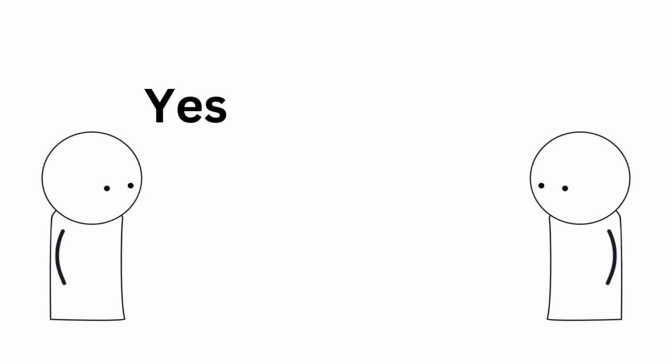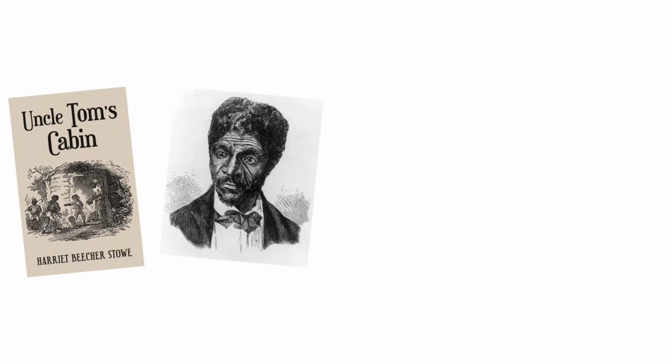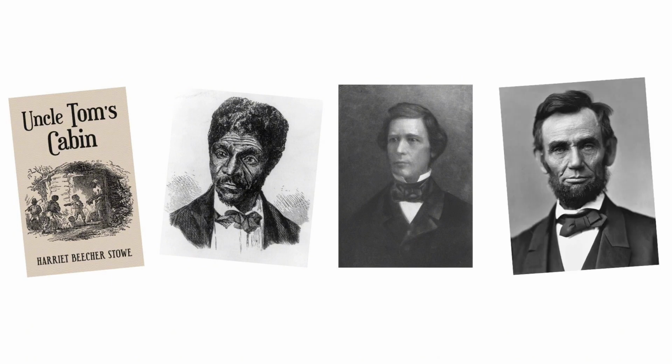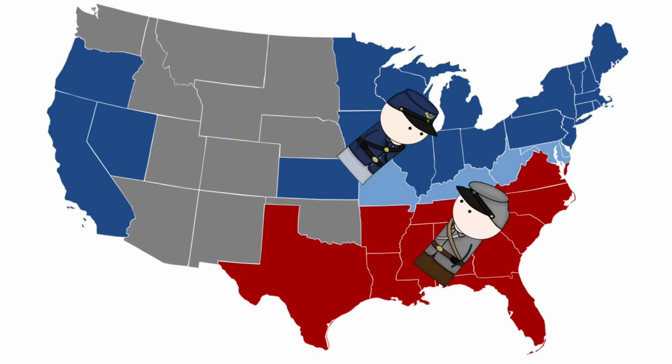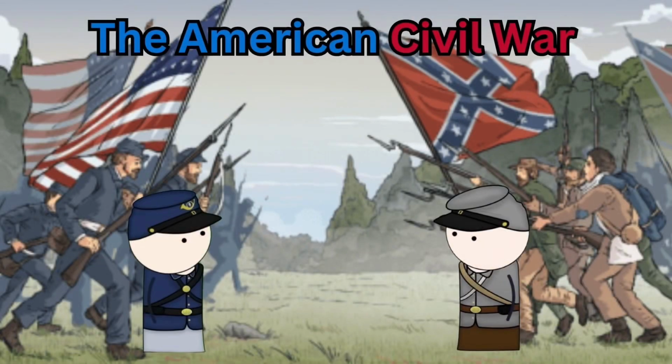In the mid-19th century, arguments over whether slavery should be allowed or abolished arose. Events like the writing of Uncle Tom's Cabin, the Dred Scott case, the Wilmot Proviso, and the election of 1860 all contributed to the ever-growing discontent between the anti-slavery North and the pro-slavery South. Eventually, the South decided it had had enough and officially seceded from the Union, therefore starting the American Civil War.